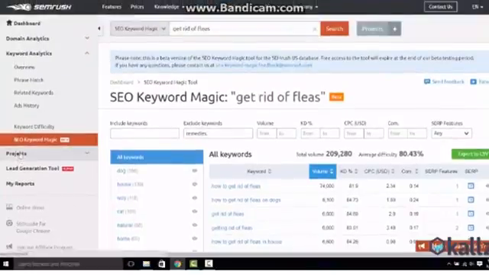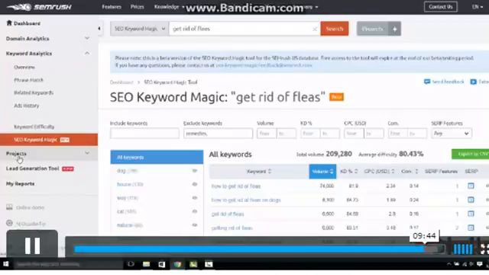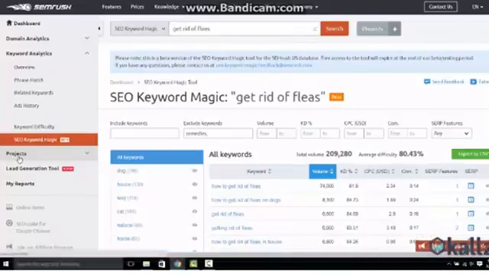Now everything else in SEMrush we're not going to cover because we're not really going to be using it. We don't set up projects. We're not involved in the SEO end of these keyword tools, not even with SEMrush. We will be doing a very basic, minimum amount of SEO, which I will show you in the coming training on website build out, but we will not need to use any of these keyword and SEO tools for that website build out. So again, this is everything you need to